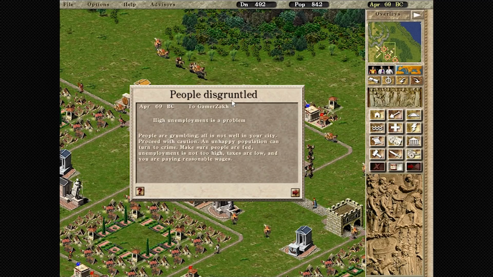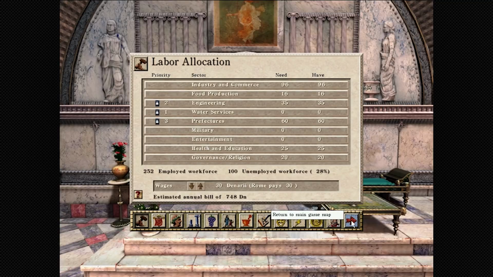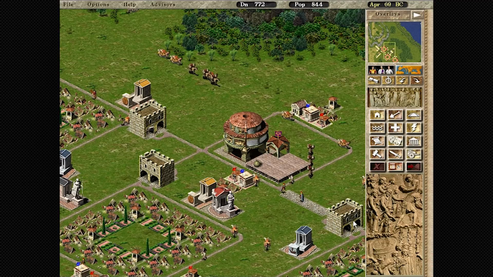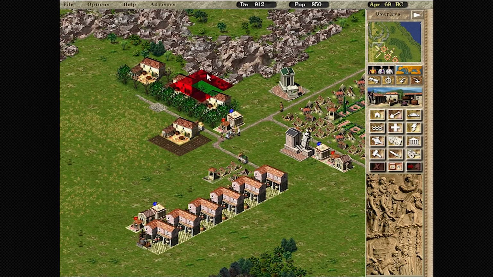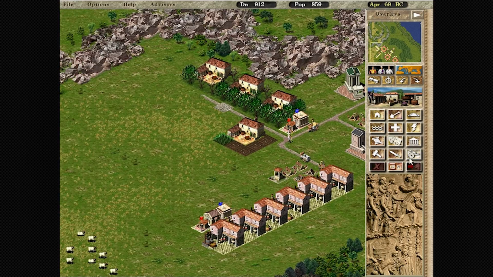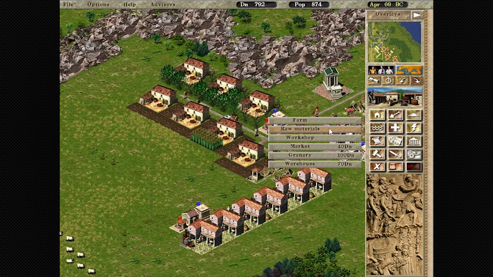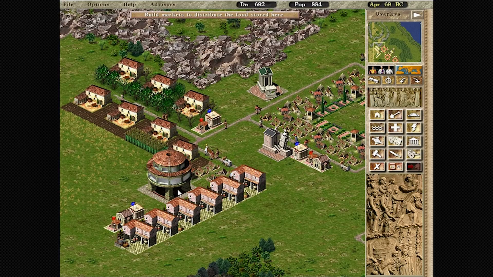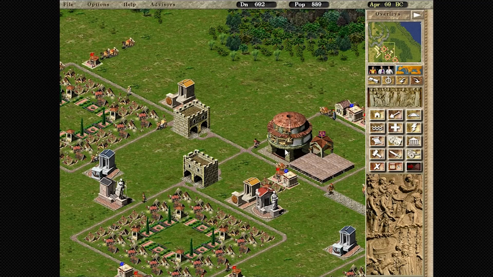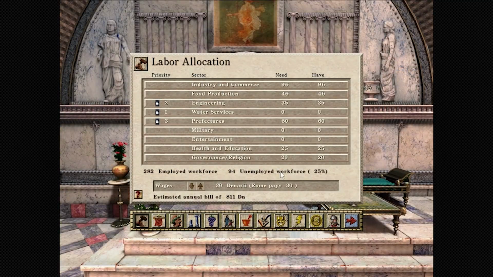And people are disgruntled. High unemployment? Really? 100 unemployed workforce? Okay, I suppose it's time to put in a few more facilities, I think. Let's put in a few more wheat farms for one. And we can go ahead and drop a granary right here. So this one will be set to getting wheat. Will that take care of our...